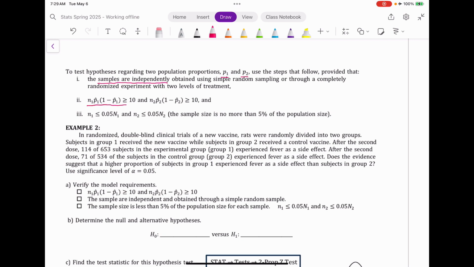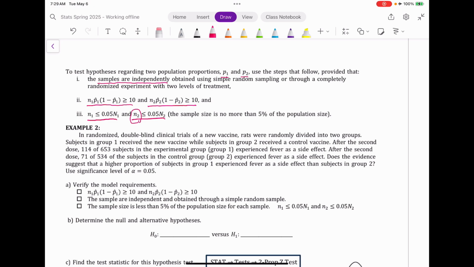We need both samples to come from normally approximated populations. So that second criteria right there gives us a good idea if that's true or not. And the third thing is we need the samples to be less than 5% of the population size. So you'll notice the subscripts 1 refer to the sample for the first population, and the subscript 2 refers to